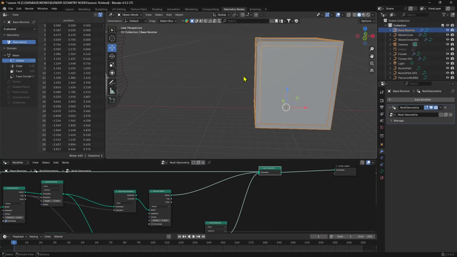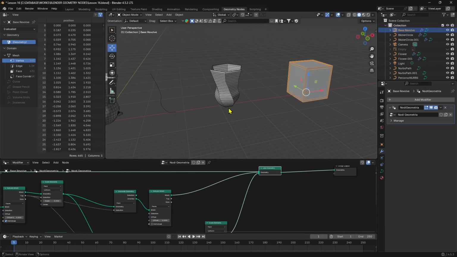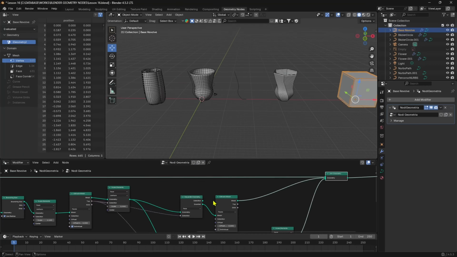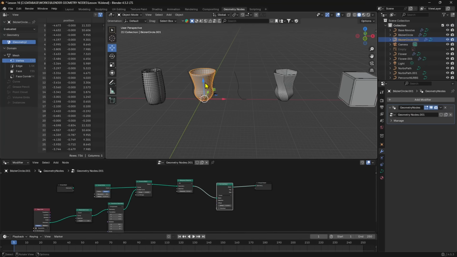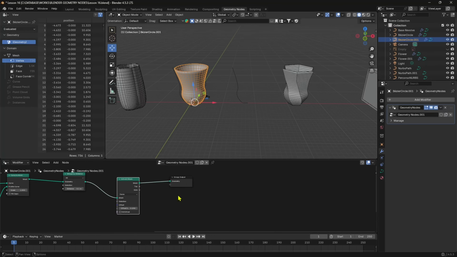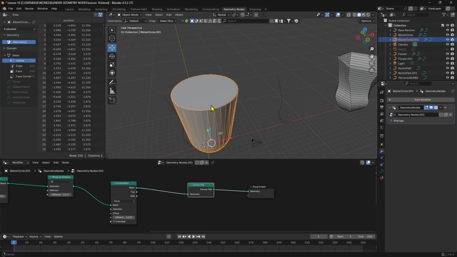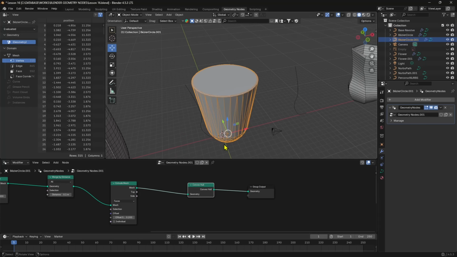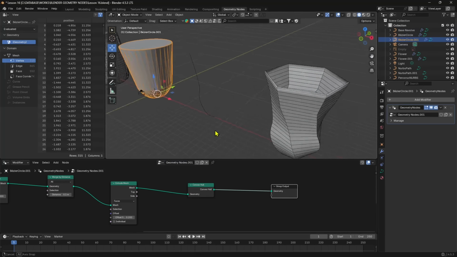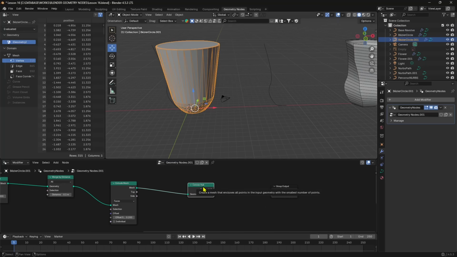Now we're gonna put some materials in just a minute, but let's check also the convex hull. So let's select this, for example, and if I do Shift A, search for convex hull, I can put this inside, and it's gonna create essentially kind of a, again, package all around my object, trying to simplify the parts that are convex, so the corners and everything. So you can see here, if I mute this, you can see it's not